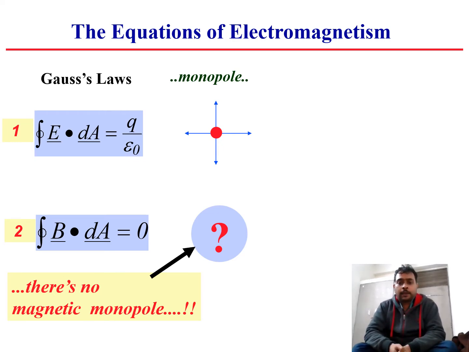This is due to the fact that a single charge does exist. But in case of the magnetic field, we find that the flux of magnetic field is equal to 0. Why 0? Because there are no magnetic monopoles. Magnets exist only as dipoles. There is a north pole, there is a south pole. Howsoever you divide a magnet into tiny pieces, you will always find a north pole and a south pole. You cannot simply get a separate north pole and a separate south pole, howsoever tiny the size of the magnet may be.